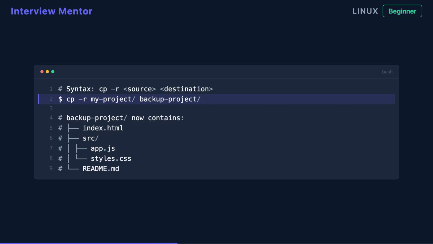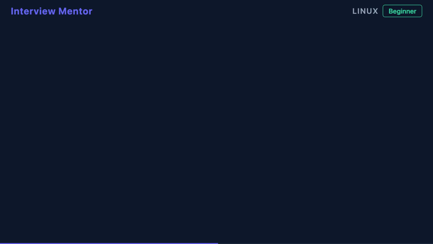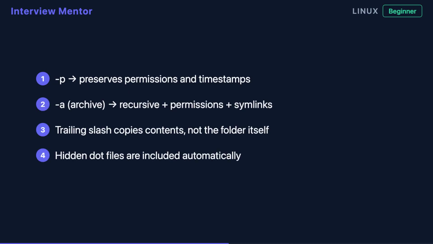This walks the entire directory tree and copies every file and subfolder inside it. You can also write it as uppercase R. Both flags are completely identical in behavior. When you need to preserve file permissions, ownership, and timestamps, add the -p flag. Even better is -a, short for archive mode, which bundles recursive copying together with permissions, symlink handling, and all file